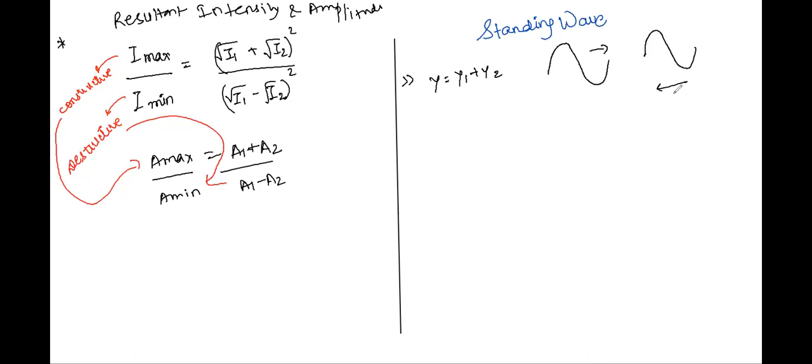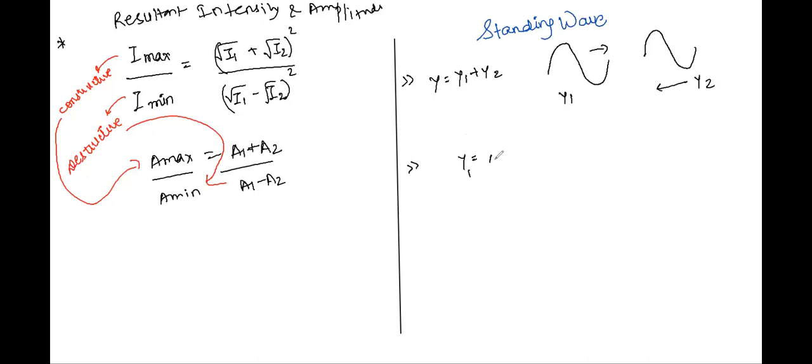In such a phenomenon, it can happen basically in three different cases. We'll see all the cases, okay? Now, this is basically the concept of standing waves. Now let us see the equation. So let's say there are two sources. Let's say this is y1. Let's say displacement of the second wave is given by y2.